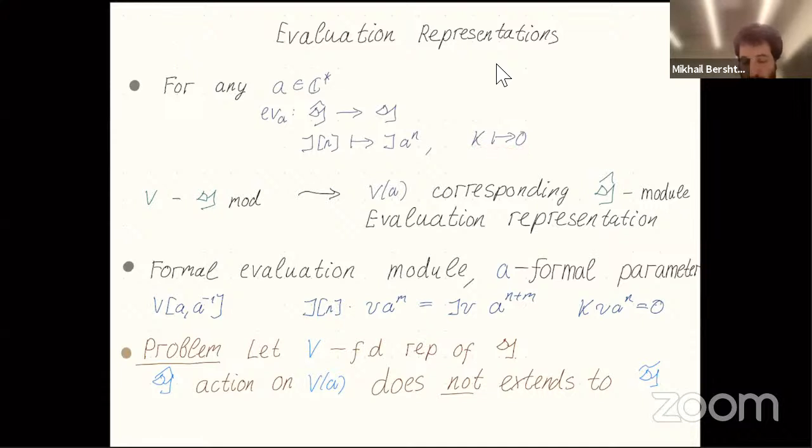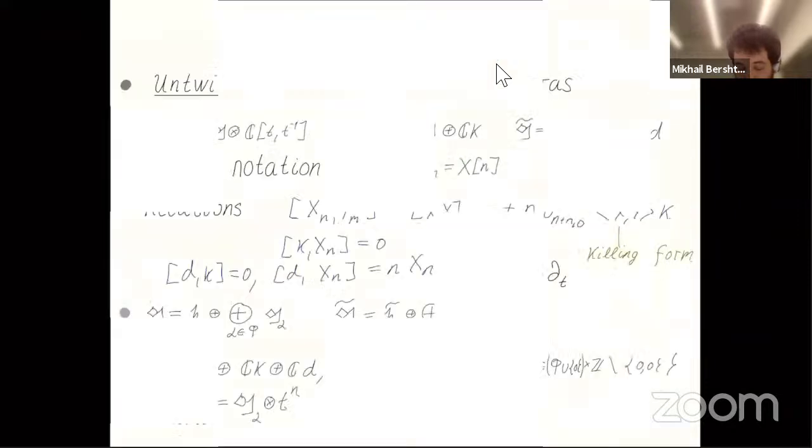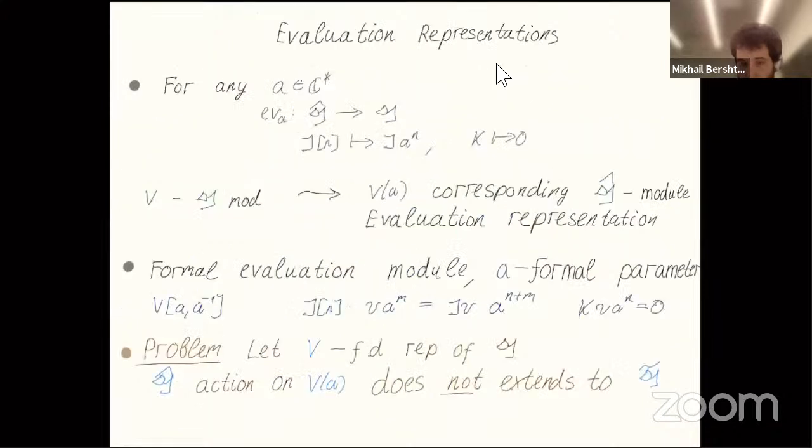If you look at the commutation relations of the algebra, I have them on the first slide of my last lecture. You see that k goes to 0, so we don't have this term. And in this commutator, a to the power m times a to the power n goes to a to the power m plus n. So this is a homomorphism. Using this homomorphism, starting from any representation of g, we can obtain a representation of g hat. This is called the evaluation representation.